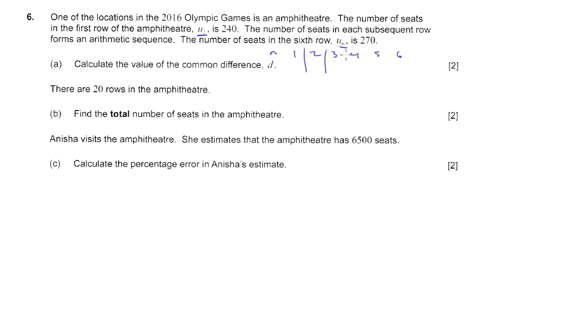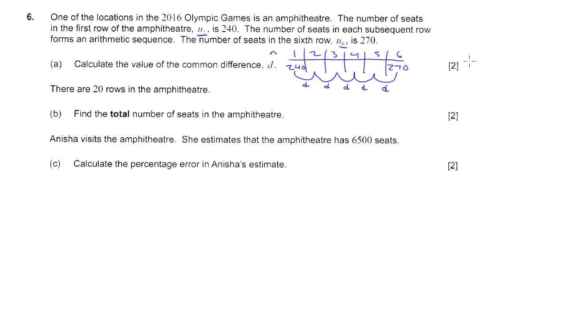So first term is 240, and then the last term is 270, right? And then we said, each time we go up by 1, that's going to be a difference. So we just ask, how many little spots over do we have to add? Each one of these is a difference,